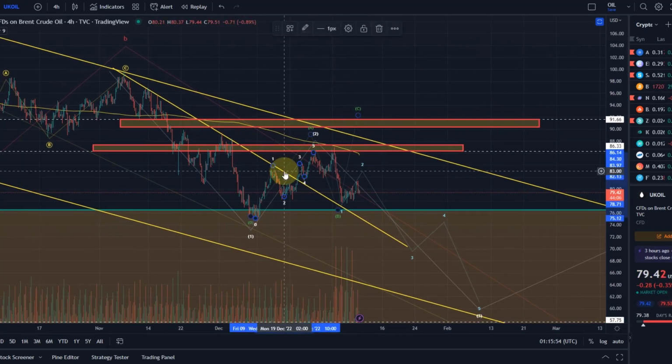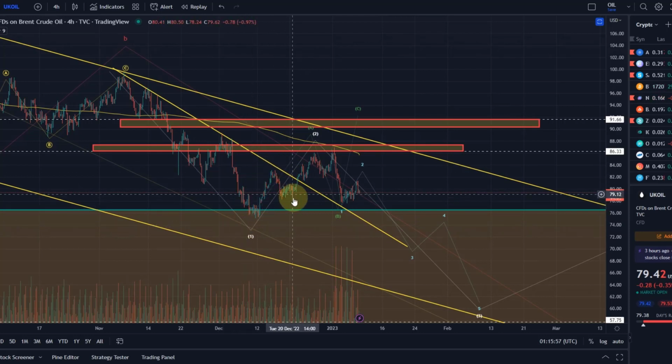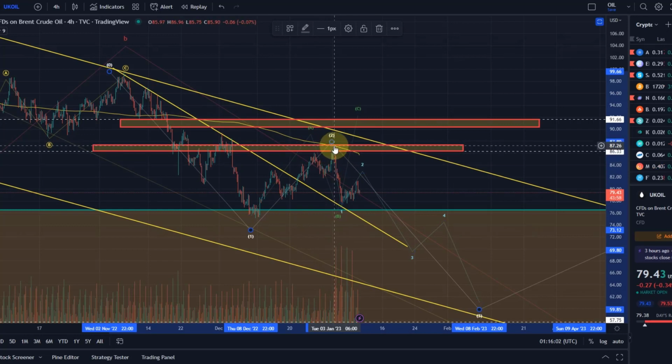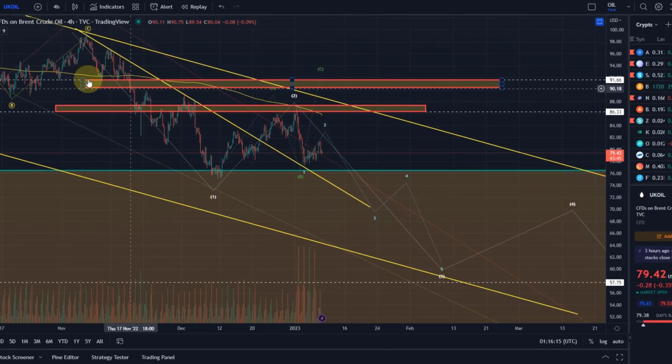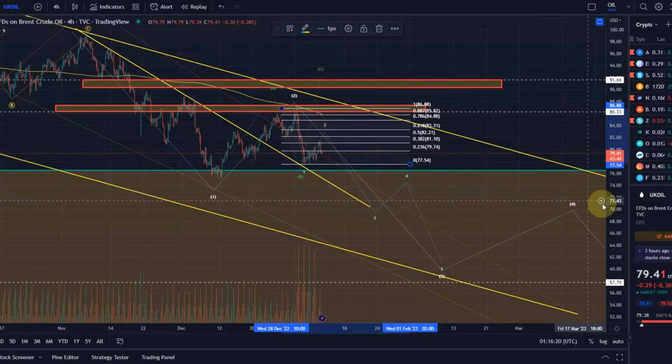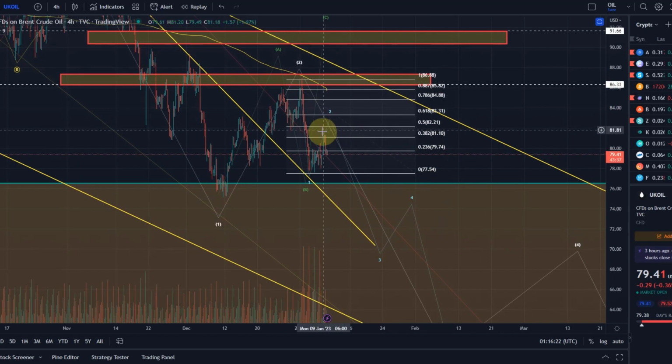So let me take the lower level wave count out, because then you would have your A wave here, your B wave here, and then a C wave ending diagonal. Oh sorry, it's here, ending diagonal, and then we're coming down now in a 1. There would be a 2 now. I prefer this because the move down was quite impulsive, and the move up is looking quite corrective. So I wouldn't be surprised if we run into resistance now, between the 50% fib retracement and the 78.6. Ideally we push a little bit higher, into the region between 82.21 and 84.88 before we find serious resistance.